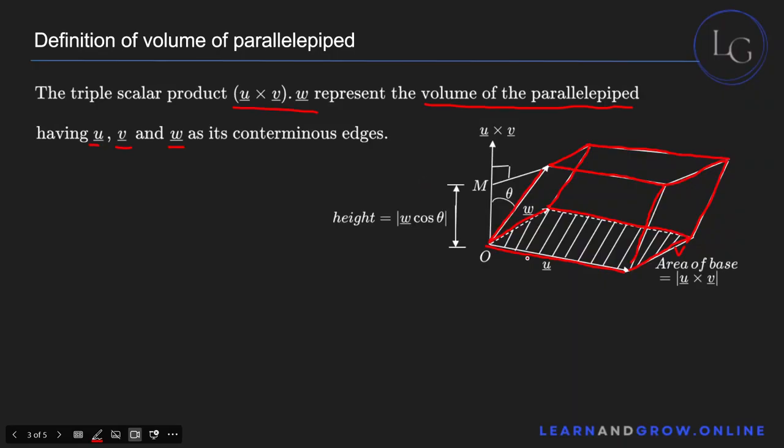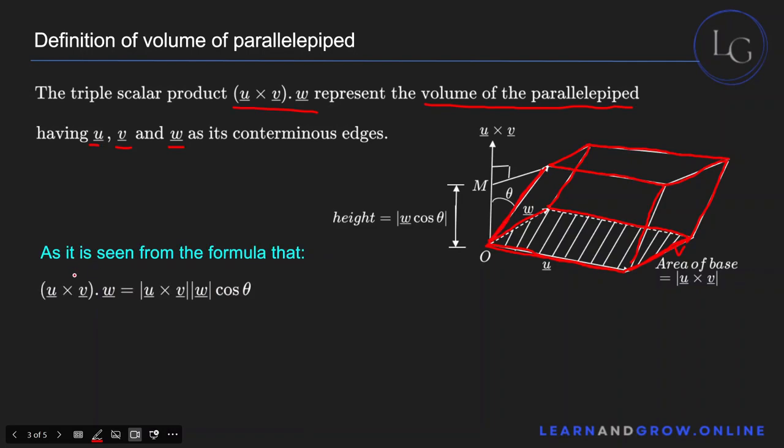So let's just take this one right now. This is u, and this is v, right? And let's say this is w. Now that you have these three sides, you can see that the triple scalar product u cross v dot w is basically just equal to the magnitude of u cross v into the magnitude of w into cos theta. The angle between u cross v and w is theta, right? So in this particular case,